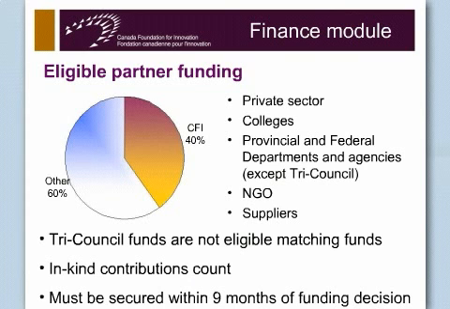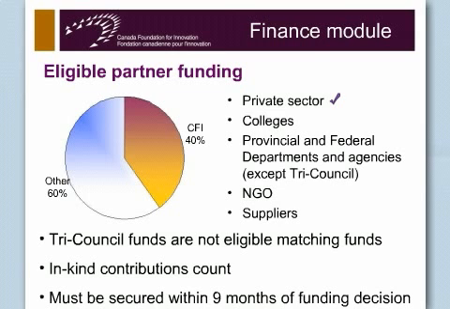Okay, so like I said, the CFI contribution is limited to specific infrastructure items identified in the proposal. And CFI will cover up to 40% of the infrastructure cost of the proposals. So colleges are required to find financial partners willing to commit the remaining 60%. Okay, the following partners are